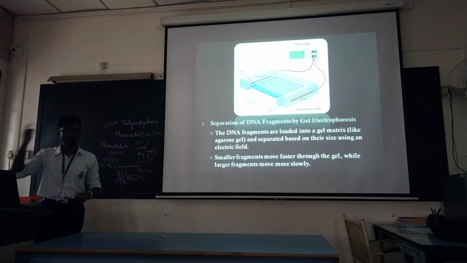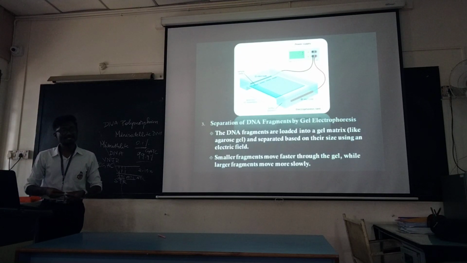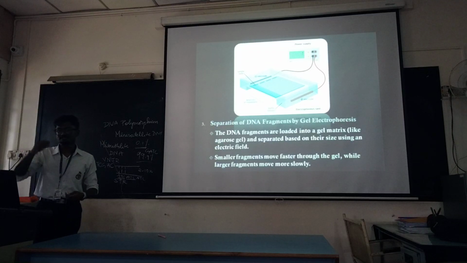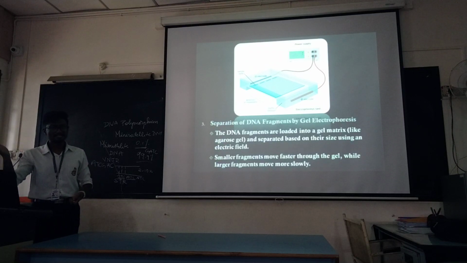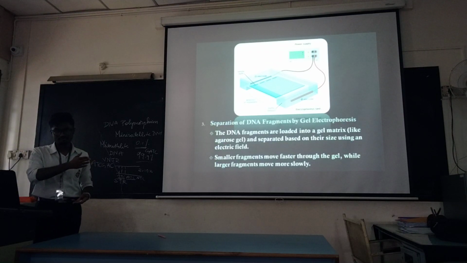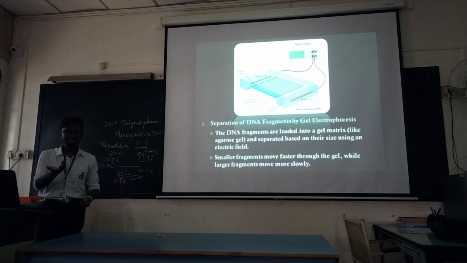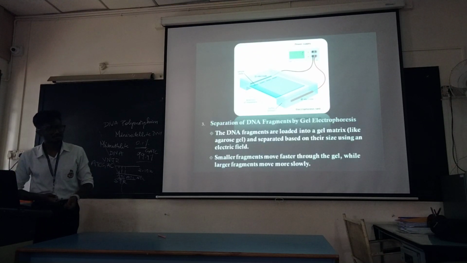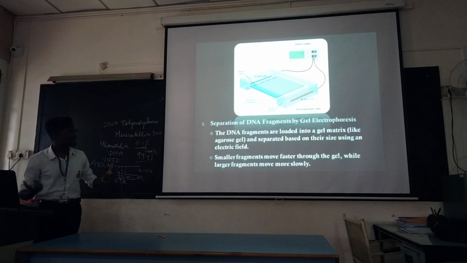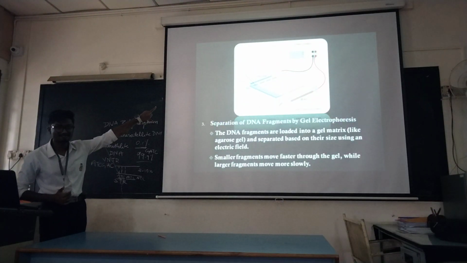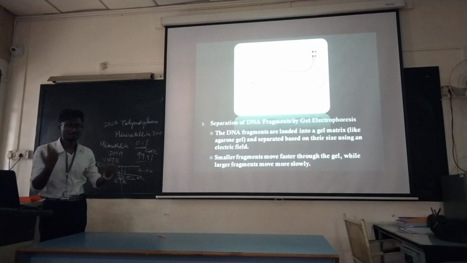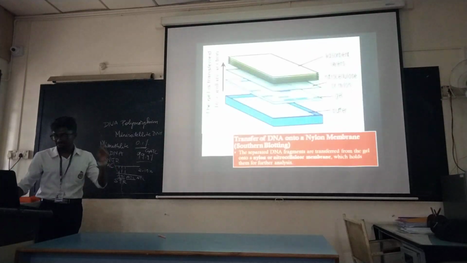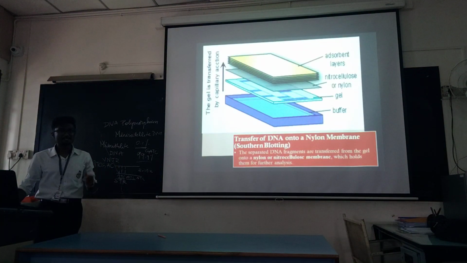Then we run electrophoresis. So when we run electrophoresis, the DNA travels from the negative to the positive electrode. So DNA usually has a negative charge, so it is attracted towards the positive electrode. During electrophoresis we cannot see the bands like this, and we don't know what process is going on in the gel. After electrophoresis, then the gel